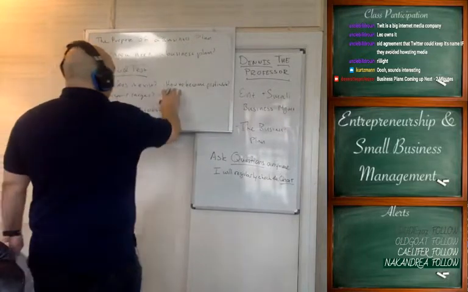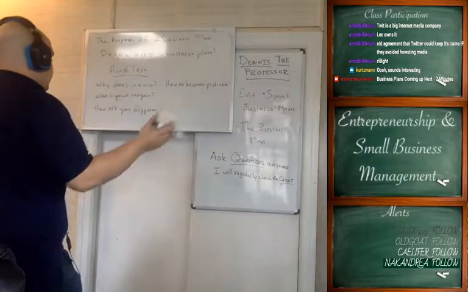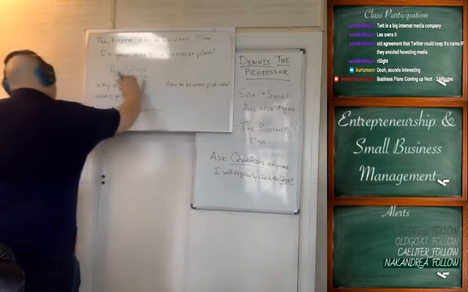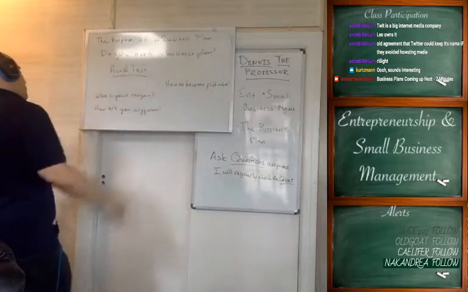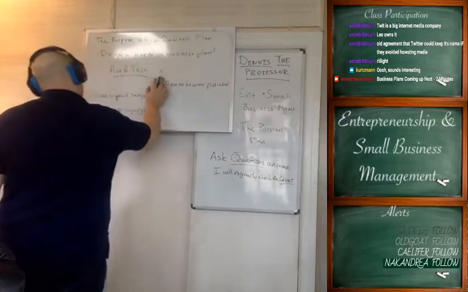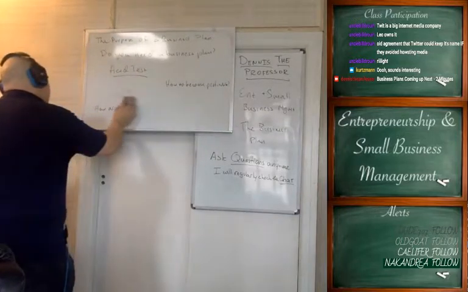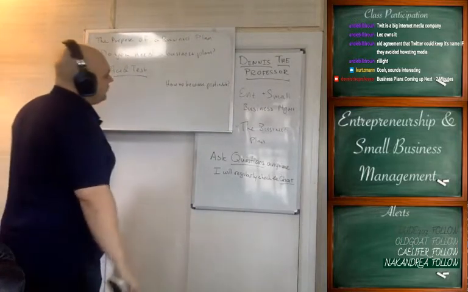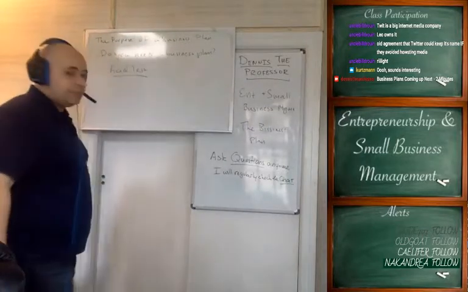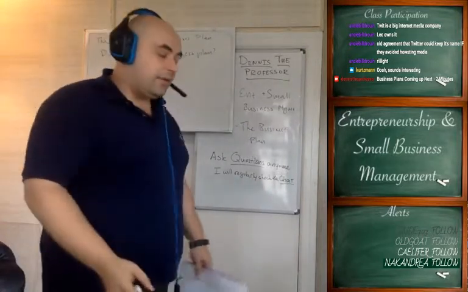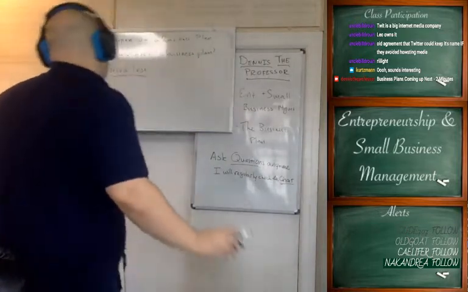So these are the major questions that you're going to be asking, right? So why does it exist? Is there a reason for it to exist? And if there isn't, it's a good time to start revising your idea, right? Who is your target? If you can't find your target audience, if you can't figure out who your audience is, that's a problem, right? How are you different? If you don't have any differentiating factors, then someone that's established in the industry is going to do better. And how to become profitable? If you have no way of charging for your services and making money on them, then it's very unlikely that your services will be sustainable over time, right?